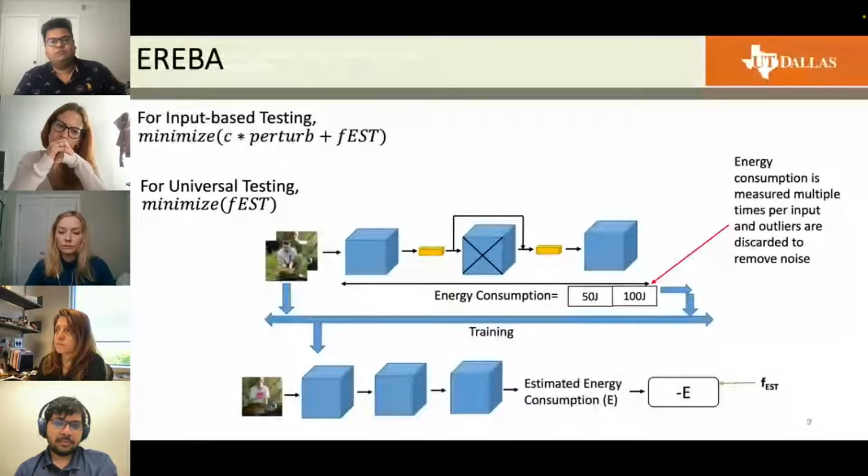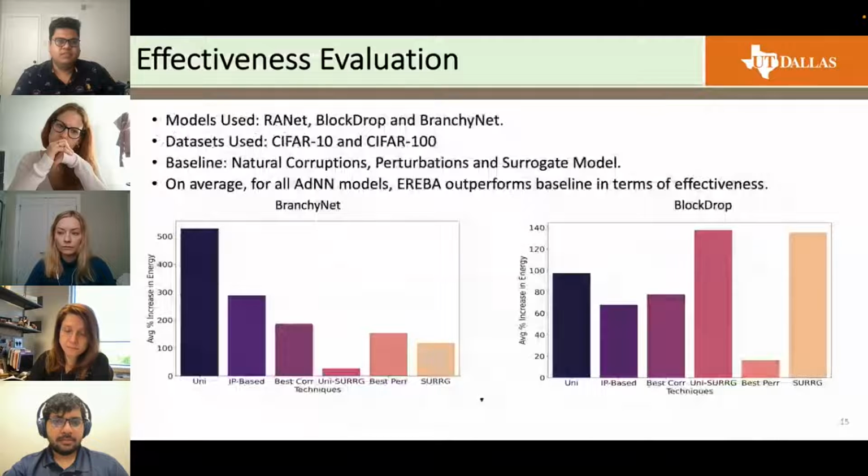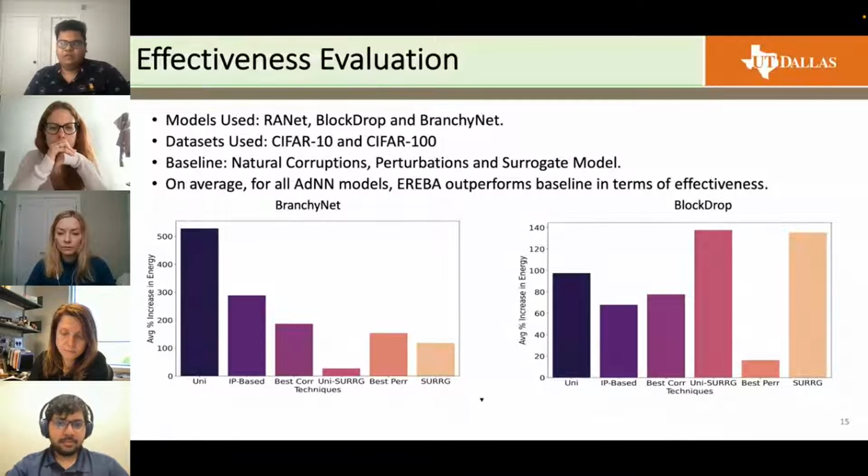The difference between input-based and universal is that there is no component of perturbation here, so we are only targeting the objective function for minimization. Here is the effectiveness result of ARIBA. Overall, we have tested on 2 datasets and 3 ADNNs, and result-wise, our method outperforms all